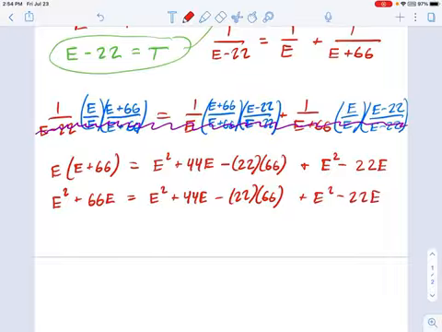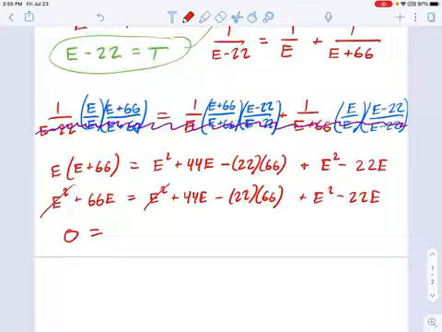Now I want to combine everything. You see I have an equation here with E squared terms and regular E terms. So let's move it all over onto one side and leave 0 on the other. So my E squared cancels out with that. And I have 66E over here with negative 22E over there. So I'm going to move the 66 over. That leaves me with,